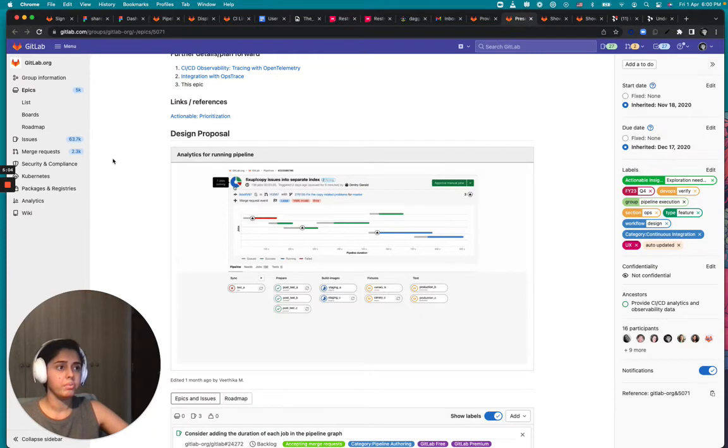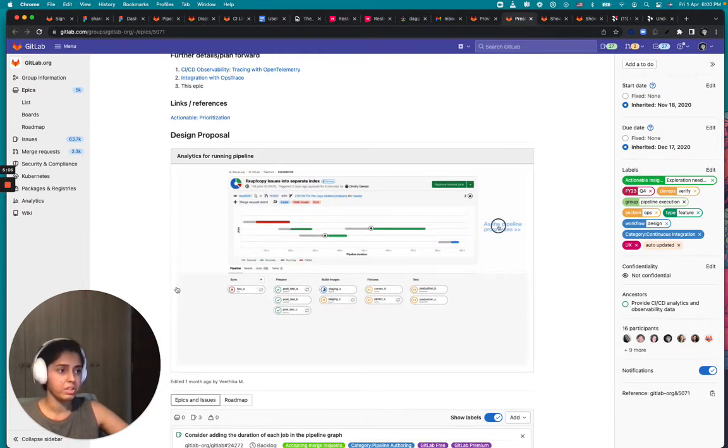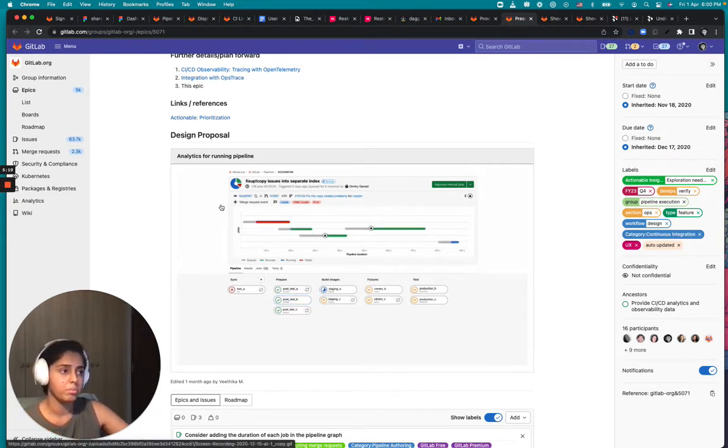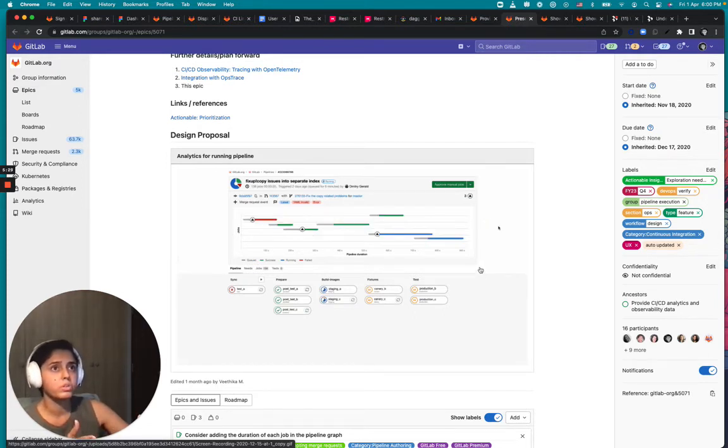So if we present it at the pipeline details level, that means for one pipeline at a time, what we're missing out on is the trends. Like we are not talking about the historical performance information, and we are not providing a report, which is what the users want at this point of time. So that's something that is more associated with the development team lead and software engineering lead kind of roles and SREs.